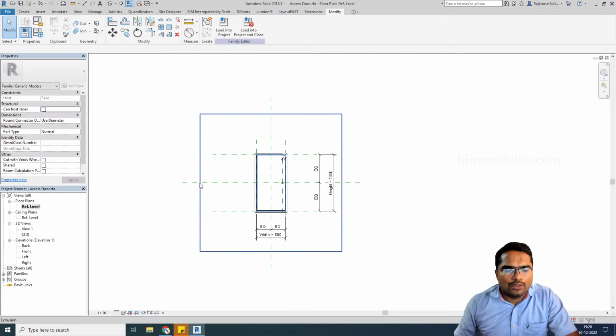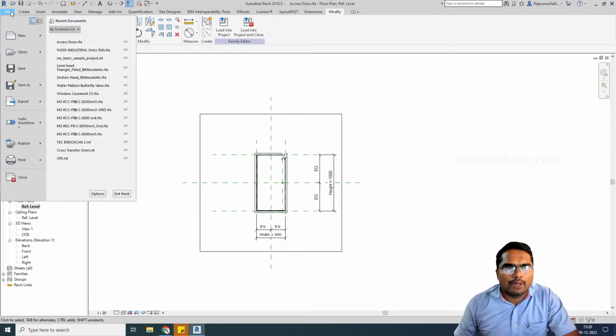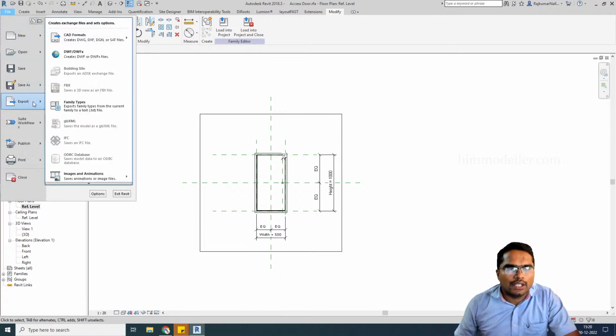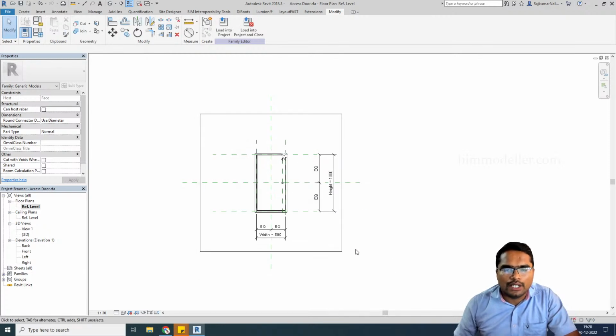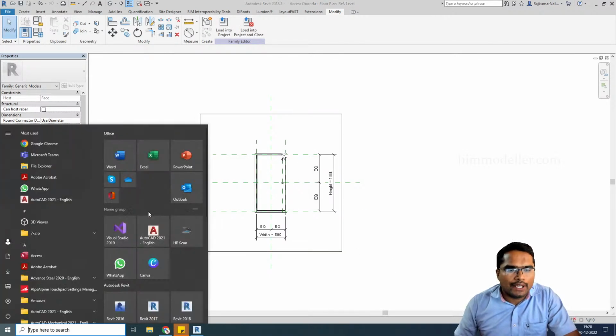Now, if I go ahead and save this family, we can create a type catalog by going to the file and go here and say family types. You will be able to export a text file like this as a txt file, and it will be the same as the existing family name. Save this file, open an Excel sheet,